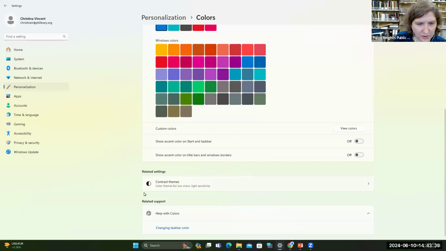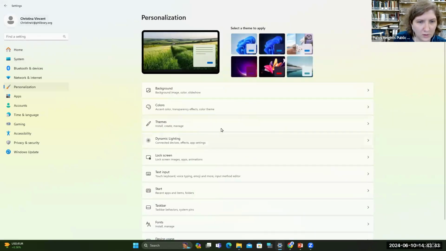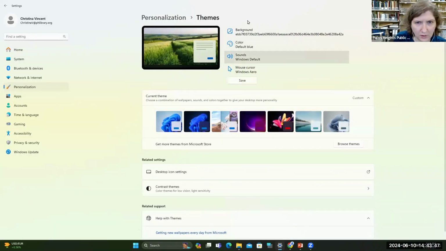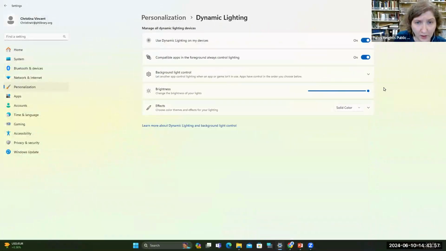Again, contrast themes here. And here we can go into more themes that are pre-made from the Microsoft Store. More dynamic lighting if you choose, so the brightness.